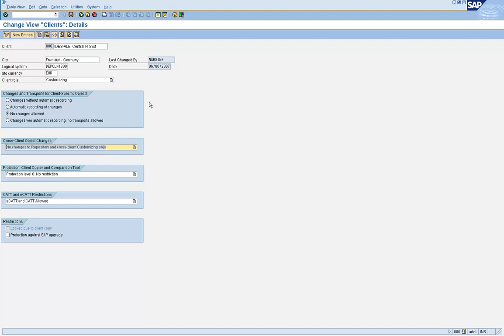If a client is set to these settings, that means it is a production system, which means you cannot create programs, you cannot create tables. Any client that has this combination, no changes to repository and cross-client customizing objects and no changes allowed, is a production client.